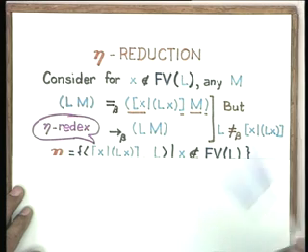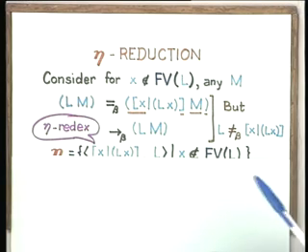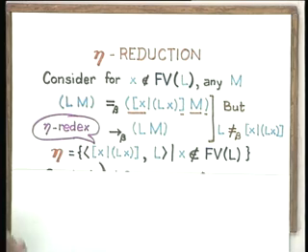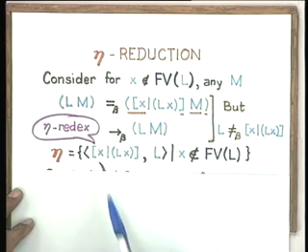So, the beta equality is not powerful enough to take extensionality into account. And so, if you are looking at the lambda calculus as a way of representing functions, what we normally do is add an extra reduction basis, and that reduction basis is the eta rule,